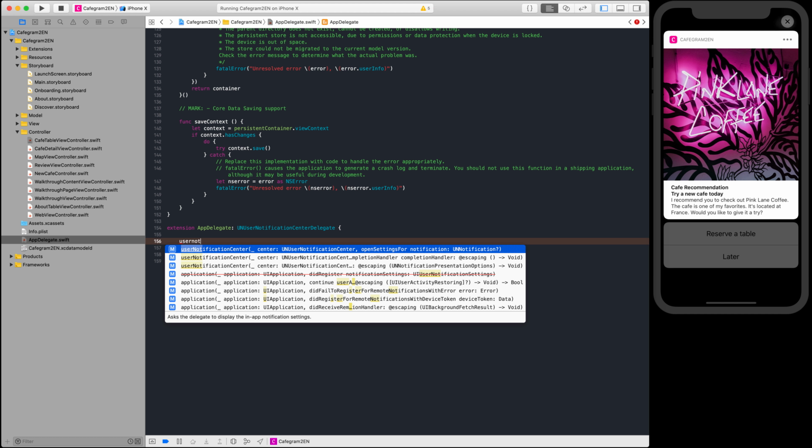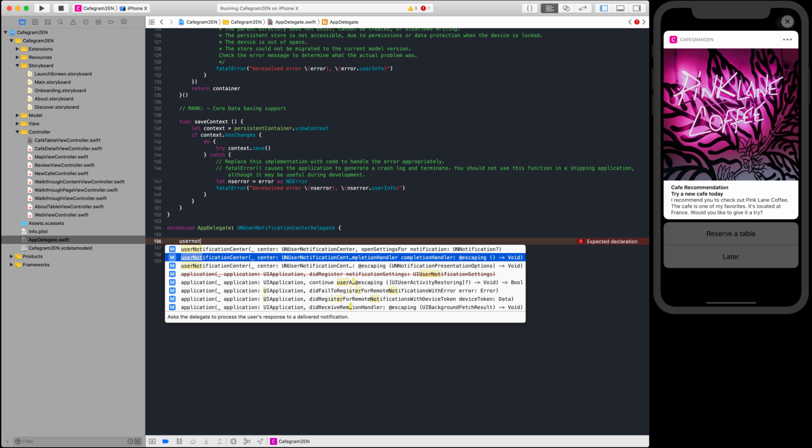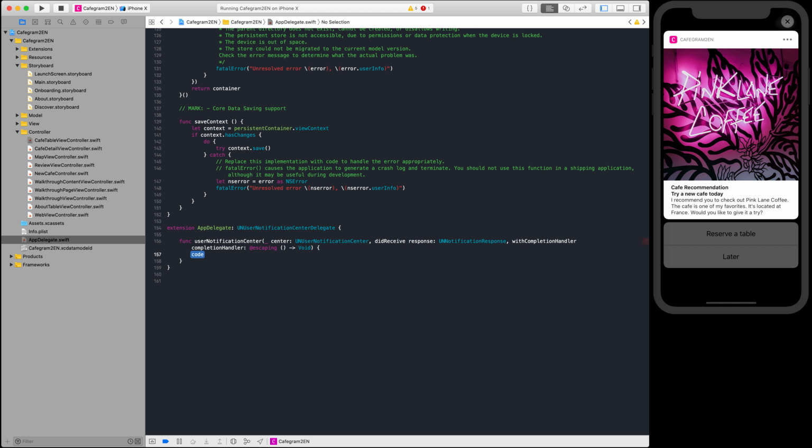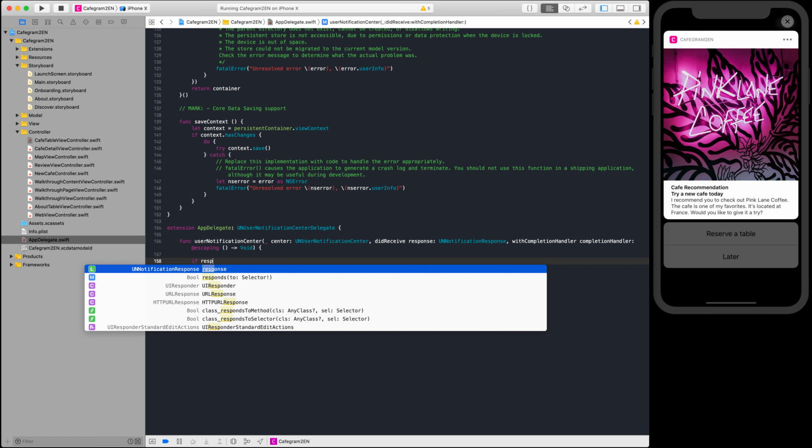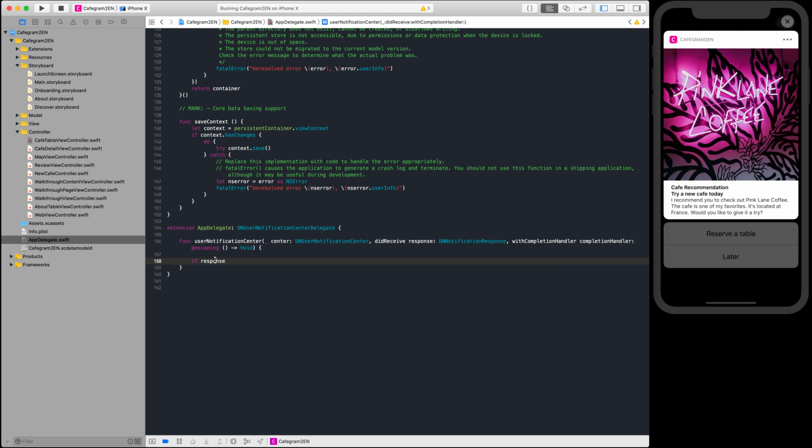Okay, and it's this one, I think. Yes, it's this one. And here you can write if response, which is this parameter, dot actionIdentifier is equal to cafegram.makeReservation, then